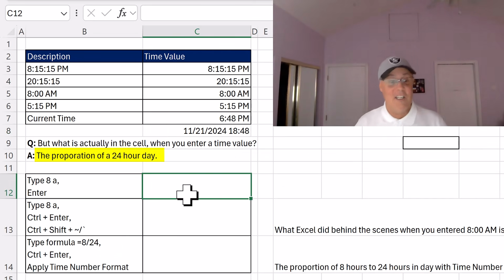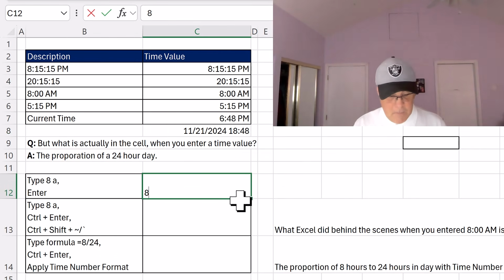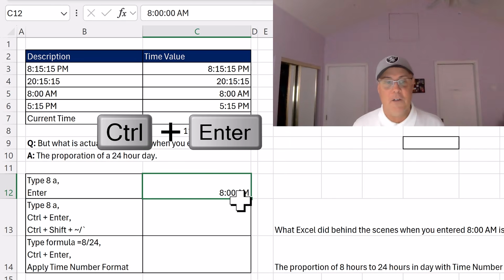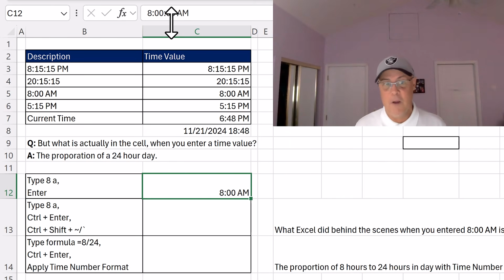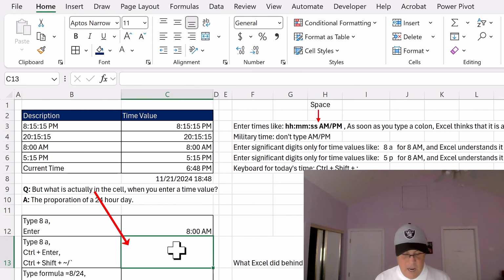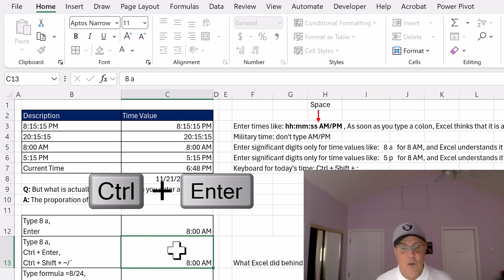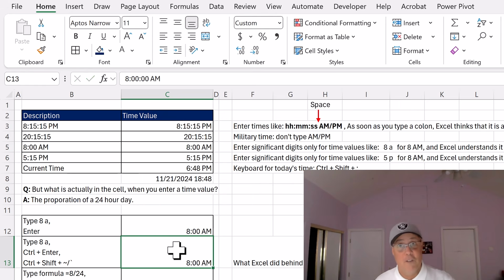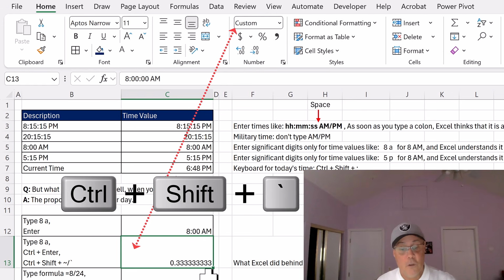Now let's take this in a couple steps. 8 space A, Control Enter. I see up in the formula bar that's time. I'm just going to leave that there as a trail. 8 space A, Control Enter, and then Control Shift tilde to wipe away the number formatting. I can see it has a custom time number formatting. Control Shift tilde, and sure enough, there's general